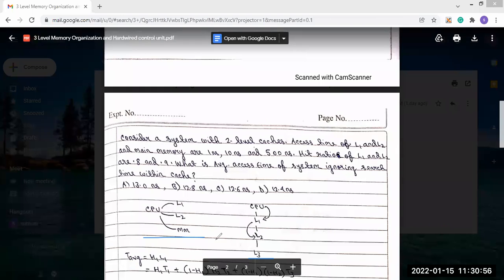Anyone? Parallel. Yes. Why did you choose parallel? Because we are ignoring search time, so we do not have to add T1 plus T2. Yes. Because